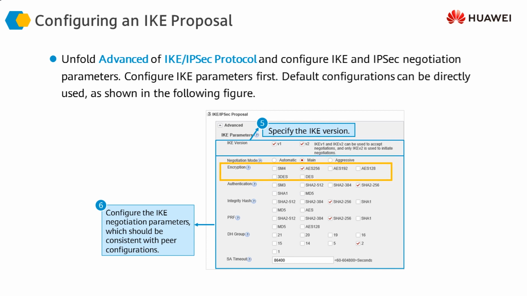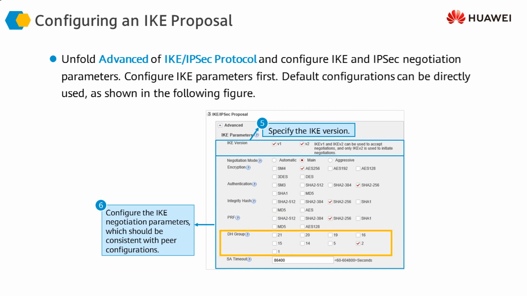The encryption that we are going to use is AES 256. The authentication is going to be SHA-2 256, or secure hash algorithm. This is one of the authentication algorithms. The integrity hash, if you want to do a data integrity check, for that also we are going to use SHA-2 256. Then the PRF, the pseudo random function, for that we are going to use SHA-2 256. Remember the nonce that we discussed, it is also going to use SHA-2 256.